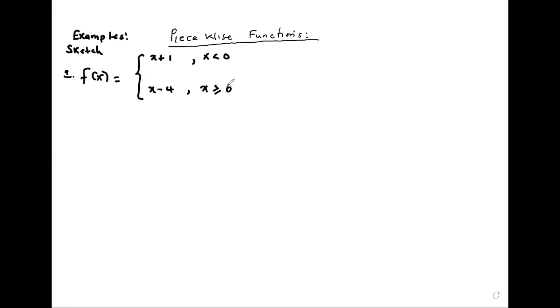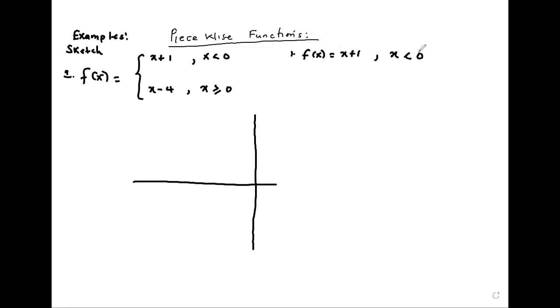The definition of a piecewise function is telling us that in the same f, there are actually two functions. The first one is f of x is x plus 1, provided that the values of x that you use are only those values of x that are less than 0. So even as you are sketching, you must keep that in mind, that I'm dealing with the f whose values of x are less than 0. To avoid skipping any real number,